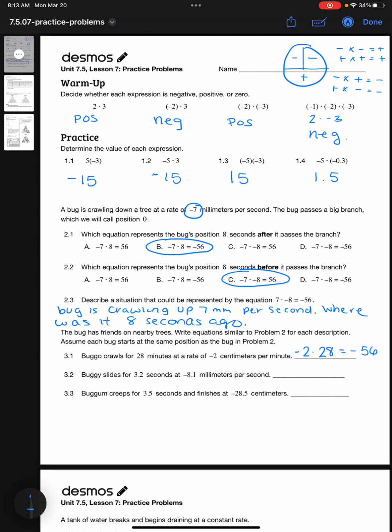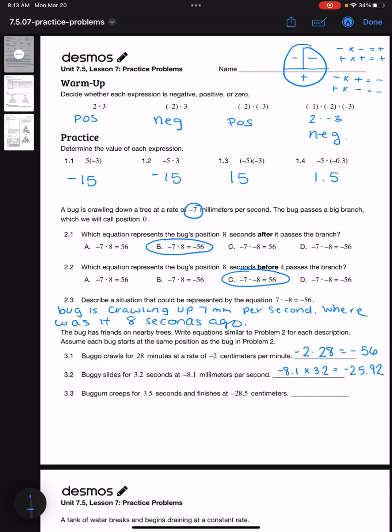Now Buggy slides for 3.2 seconds at negative 1.8 millimeters per second. Well, he's going down 1.8 for 3.2 seconds, which means he would go down about 25.92